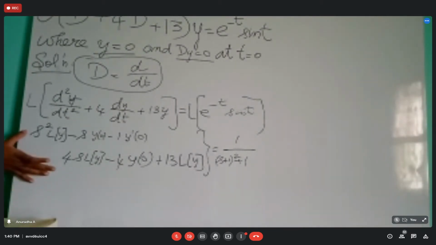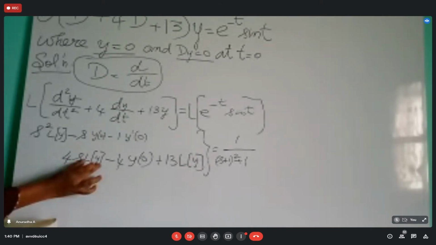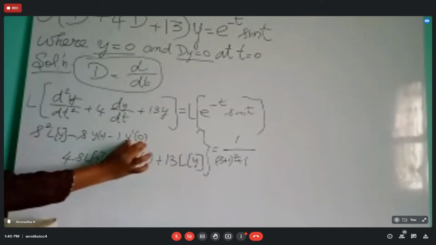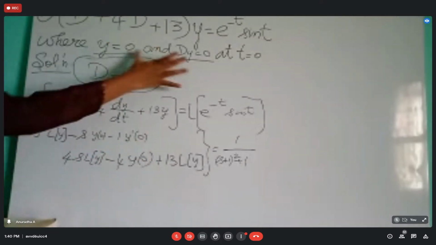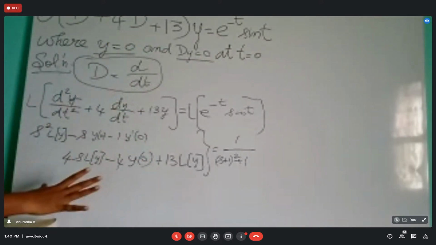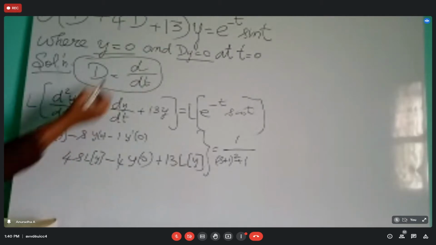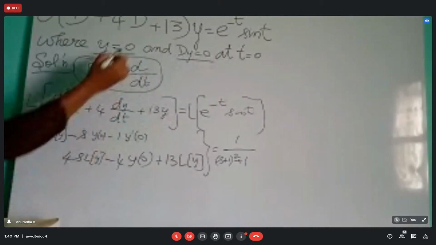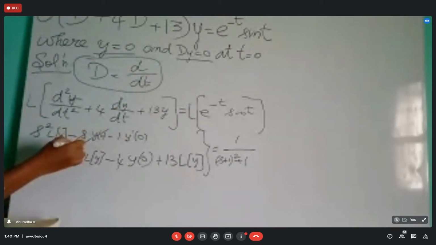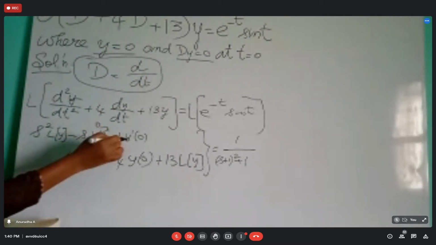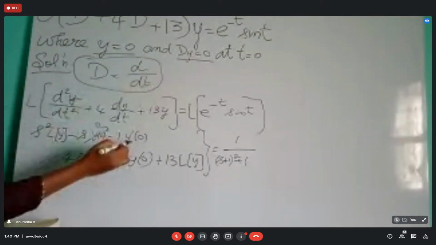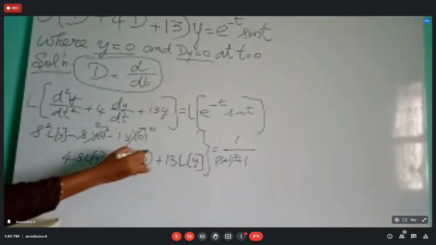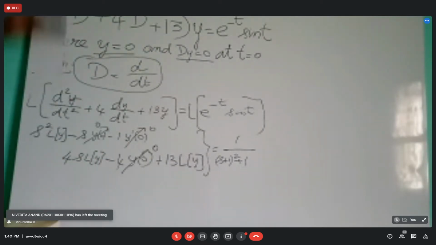Now what we have to do is simplify the LHS. Just think of L of y as some x. We are not going to find this value yet. So group everything. The other values, y of 0 and y dash of 0, will be given as the initial values. Substitute all that, simplify, solve. Y of 0 means y at t equal to 0, which is given as 0. This is also given 0, so this term gets 0. Y dash is the first derivative, which is also 0. This y of 0 is also 0. So remaining terms alone, if I write them, it is enough.